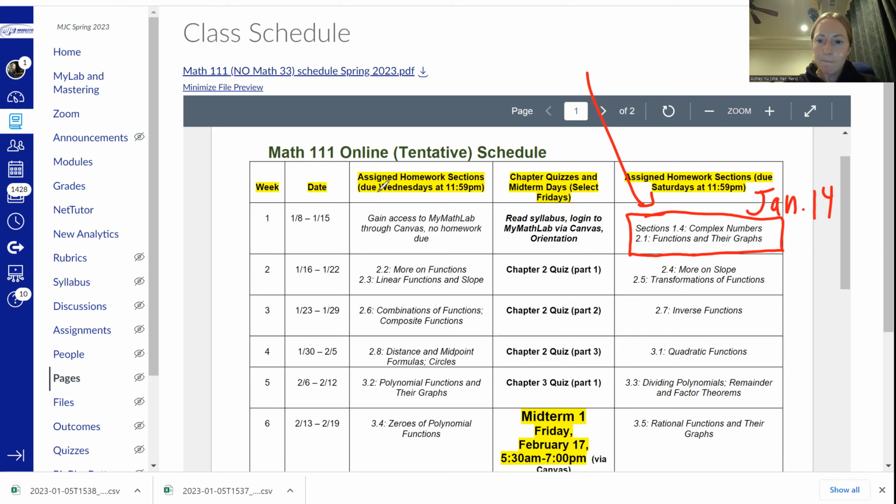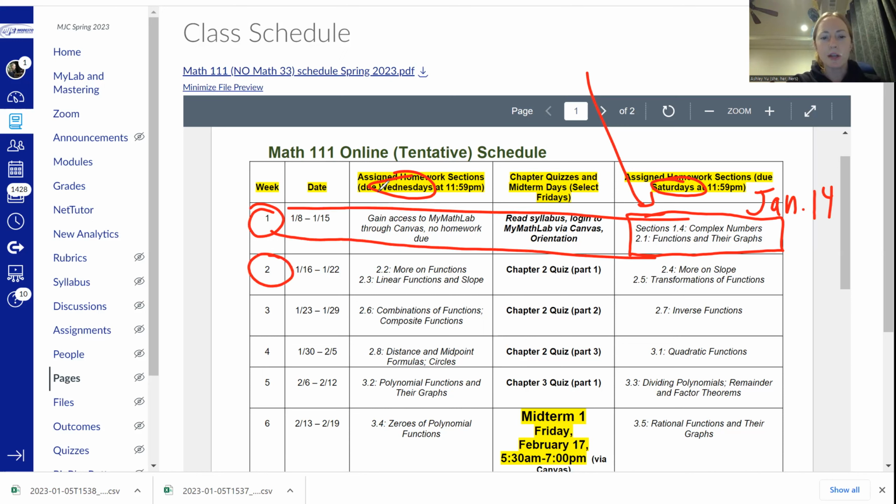As it says here, these are the sections that are due on Saturday. So I break the homework up to where there's 1 or 2 sections due on Saturday, and then 1 or 2 sections due on Wednesday. It'll seem like random days, but it's listed here. Every Wednesday there will be certain sections due. We're in week 1, so this is what you're going to be doing this week. And then week 2, next week, you'll have 2 sections of homework due on the Wednesday, and then 2 sections due on Saturday, and then keep going on week 3.